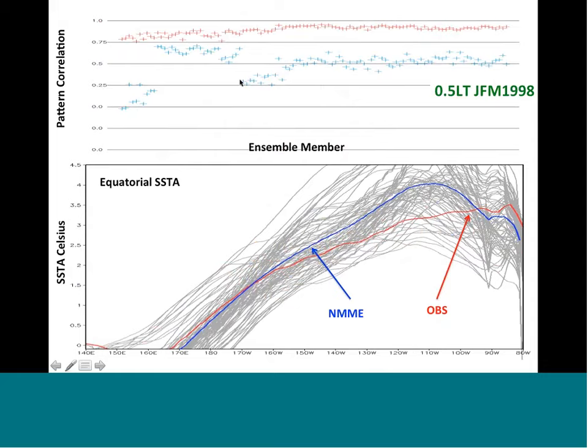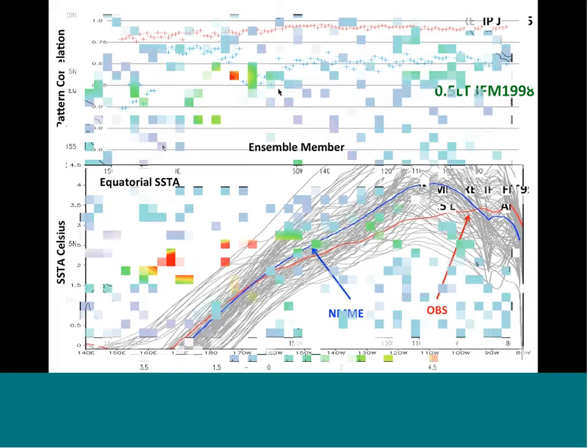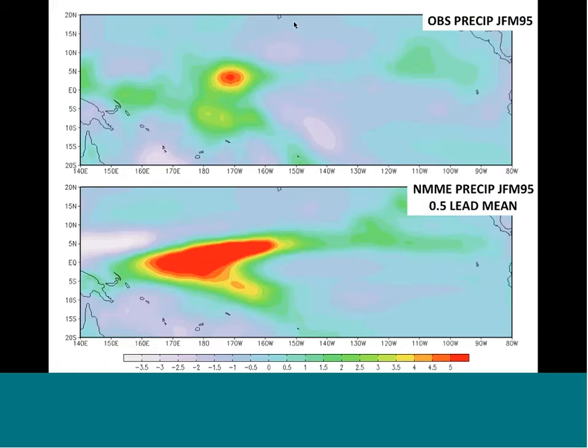And you can see there are other models that struggle quite a bit in getting the pattern of the rainfall correctly, even for the 1998 event, when you would expect us to do quite well. So sometimes these teleconnections are going to be difficult. And this is just an example of the rainfall distribution. And I don't remember if I included, this is the 95 case. I don't know if I remembered to include the 98 case,